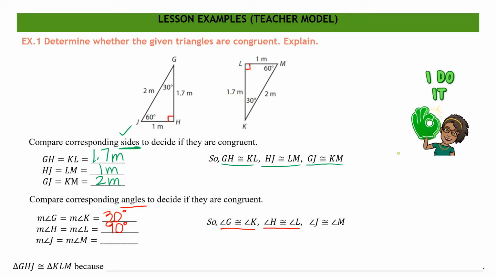And lastly, I have J and M. J and M, I see both are 60 degrees. So because the measures are equal, I can say, in fact, the angles are congruent. So that shows me that their angles are congruent. So if their angles are congruent, the corresponding pairs of angles and the corresponding pairs of sides are congruent, then I can say, in fact, that triangle GHJ is congruent to triangle KLM because